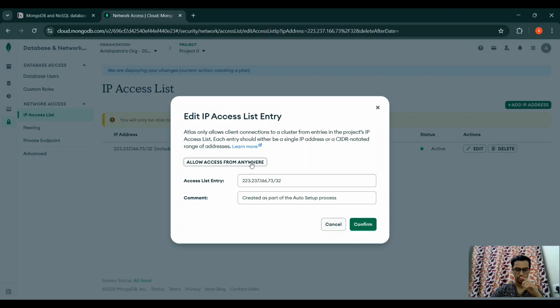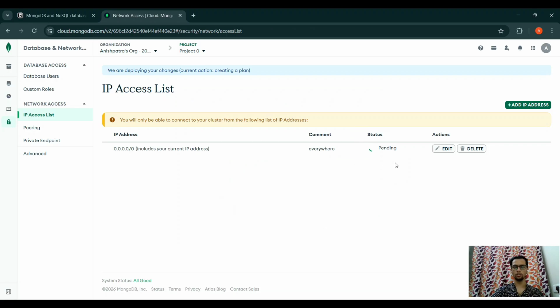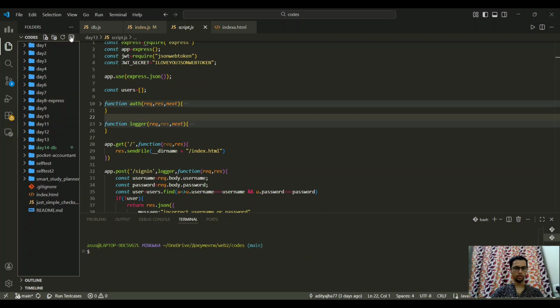You have to just click on allow message from anywhere, or you can just type 0.0.0.0/0 because we have SSL, so anything, anywhere. Okay, perform it. As for now, in future you can just change this IP address. So pending, let's go to VS Code and check how we can write the database code